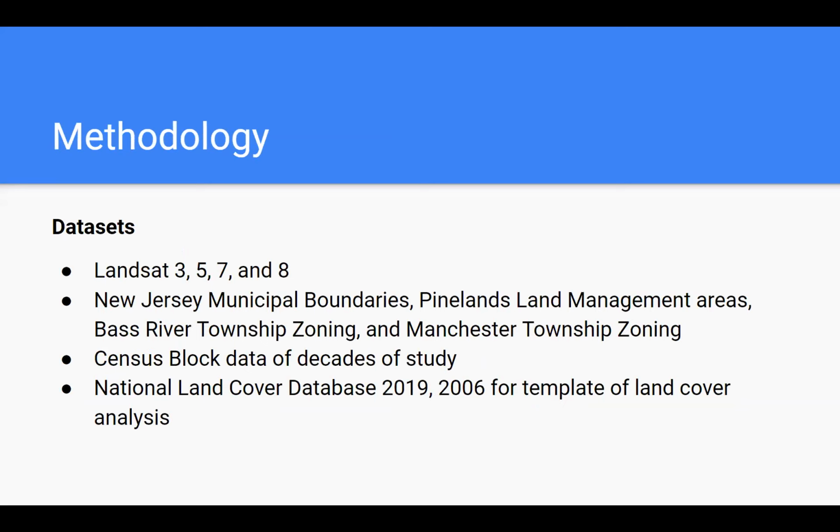So for methodology, I think major phase is going to be acquisition of data. Over such a long period of time, there will be multiple different Landsat usages, mainly Landsats 3, 5, 7, and 8. From the state of New Jersey, there's going to be municipal boundaries to help establish my study areas, Pinelands land management areas to help not only corroborate with the land cover analysis, but also be set as predictor zones